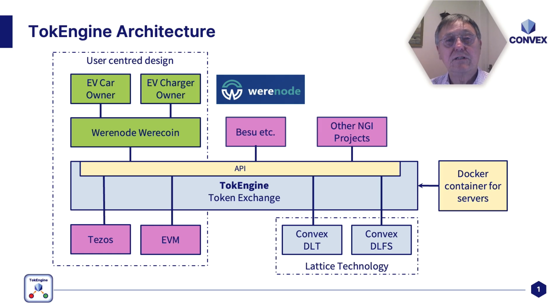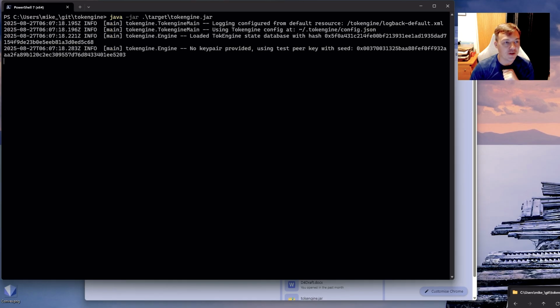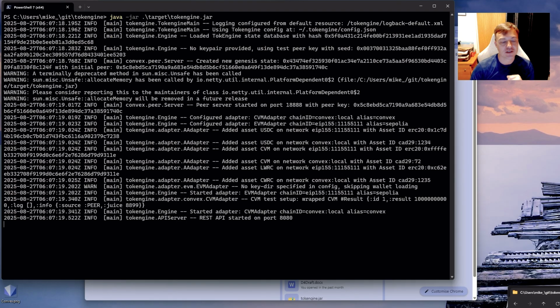And now for some screenshots. If you want to run TokEngine, you can do so with just a single command. So assuming you've got the pre-built tokengine.jar, all you need to do is java -jar tokengine.jar. I'm going to run that command, and as you can see, it's showing all the logs as the server starts up. You can see all of the adapters have been configured and launched, and it's connected to all the underlying